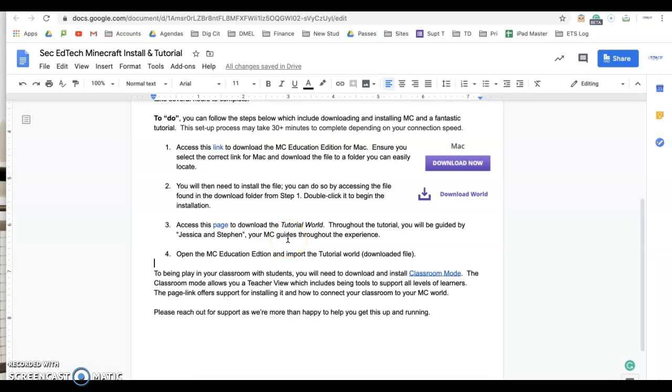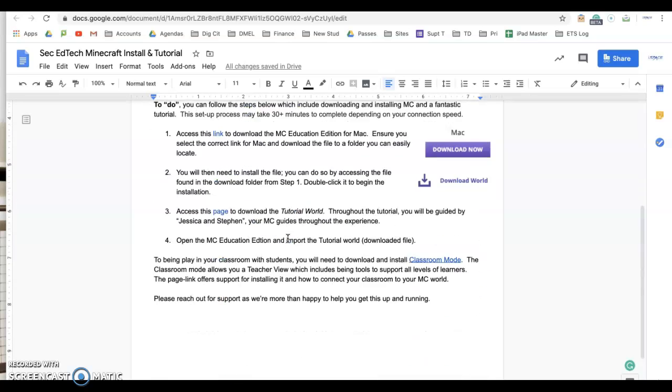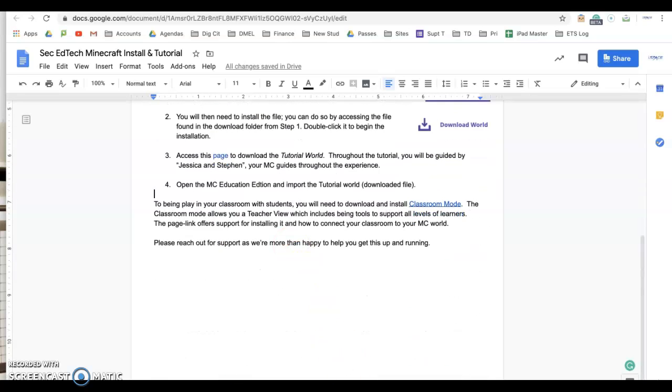This is a short screencast on how to connect your Minecraft Classroom mode to your Minecraft Education Edition. Now, we followed instructions to get to this point, either from here or something similar. And I've opened up